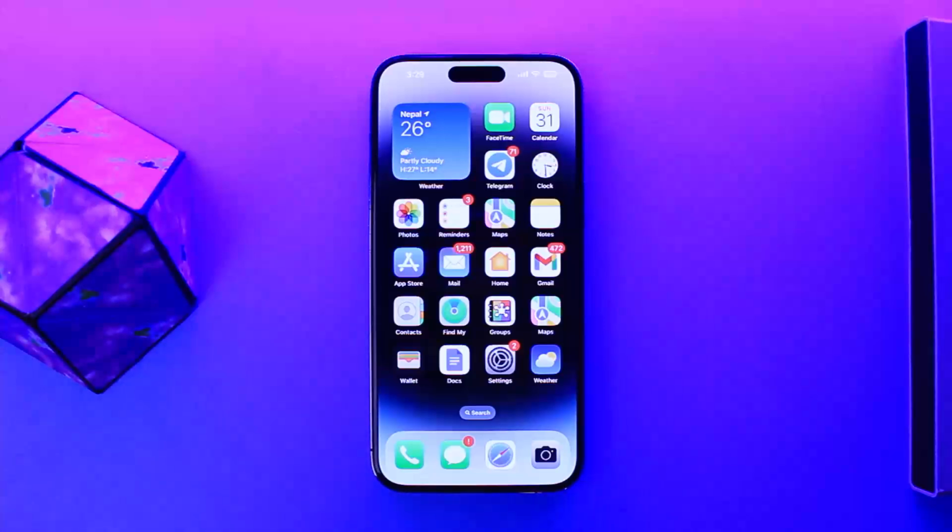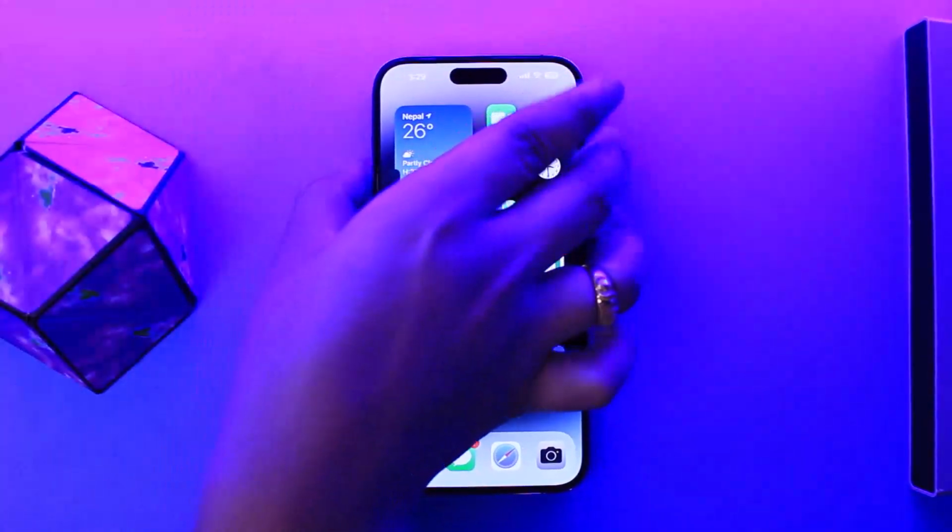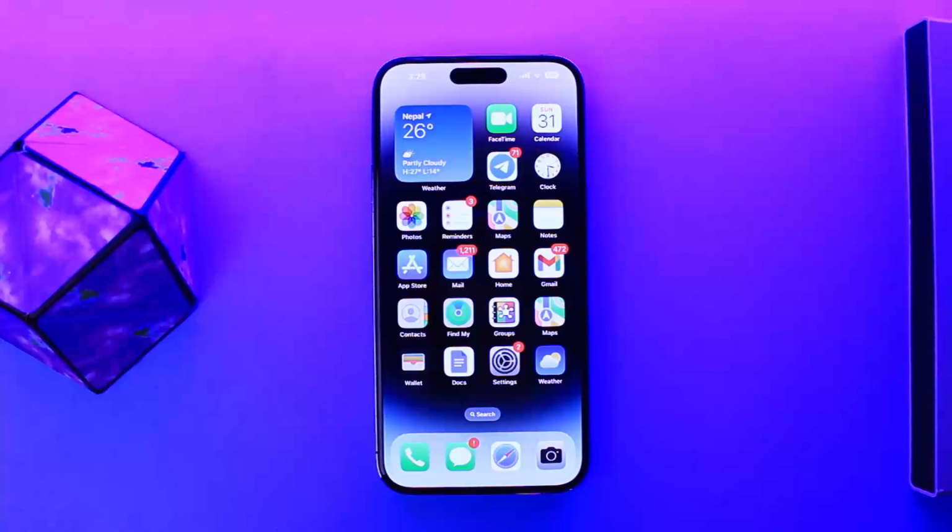Today I'll guide you on how you can fix the low call volume on your iPhone device. First things first, make sure that your volume isn't turned down. If it is turned down, turn it up and check. Now if it is turned up and you still see that the call volume is low, then you want to